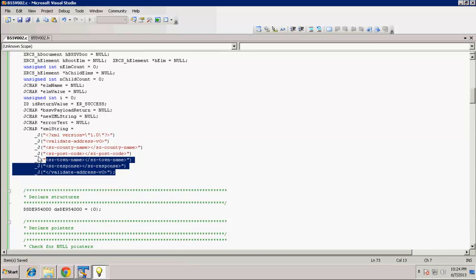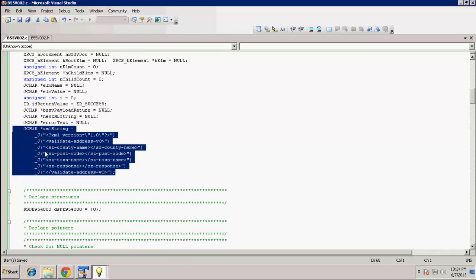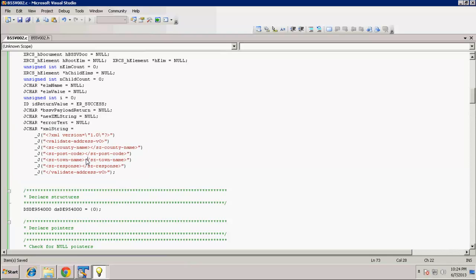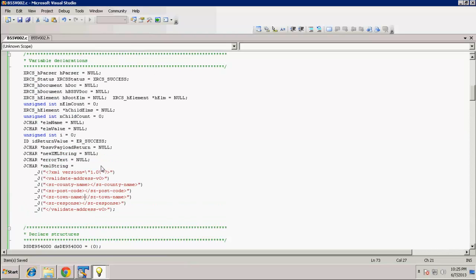This typical XML string will serve as the communication packet for sending and receiving information to our business services Java objects. Currently this XML string holds a skeleton XML schema. However, shortly we will take a look at further API calls from XRCS to insert data in XML entities by retrieving them from our business function data structure that we saw in the signature earlier.